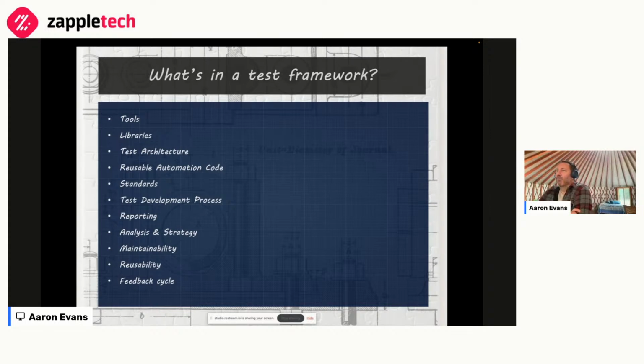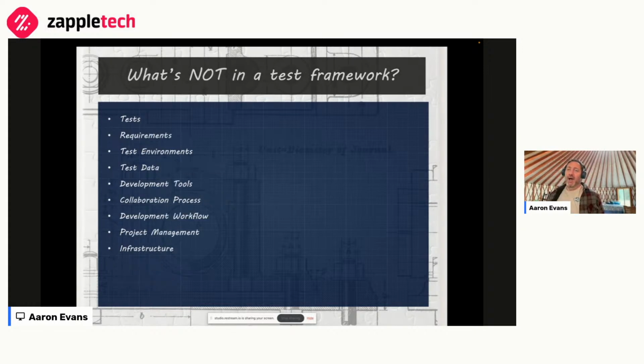And hopefully we'll get to talking more about evaluating. We've only got 5 minutes, so I'm going to jump ahead. How you can maintain tests, how you can reuse code, I talked about that already, and the feedback cycle, which I think continuous integration is an important part of that. I'm just rushing through this because I do want to talk about building and evaluating a test framework.